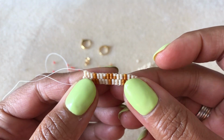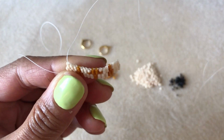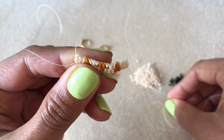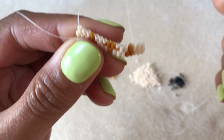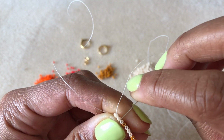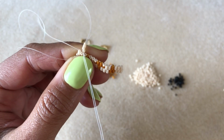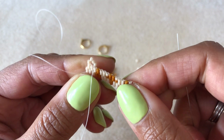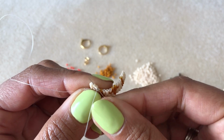Okay, so here we are. We've completed our first row of brick stitch and we're going to start the next row. And I just want to show you how we begin a row again. So I pick up my 4 beads, slide my needle underneath the second thread bridge from the outside, pull that through. Now we're going to bring our needle up through the second 2 beads,